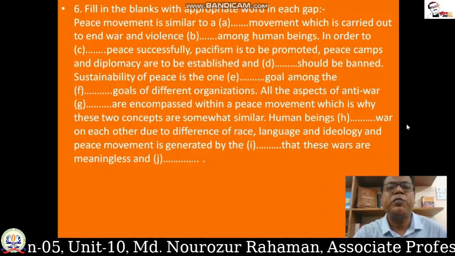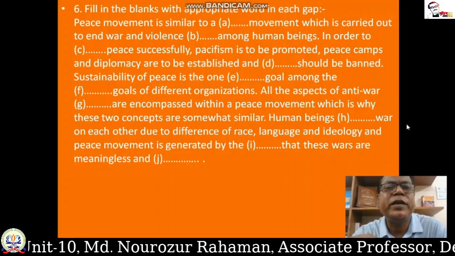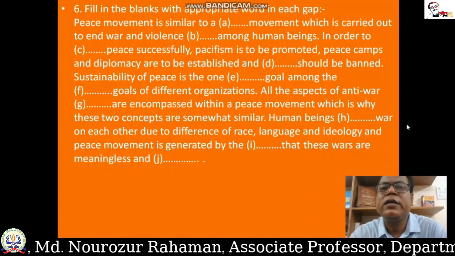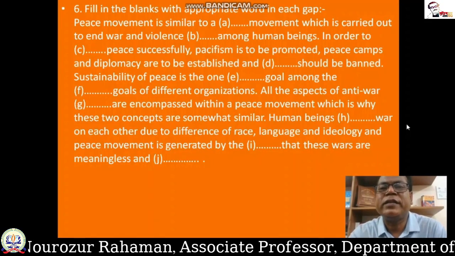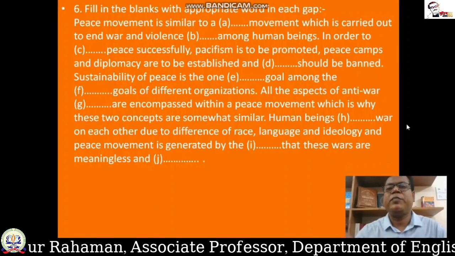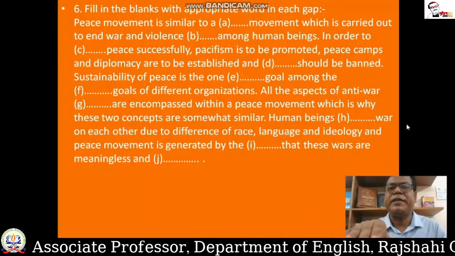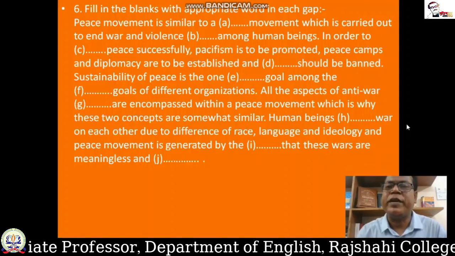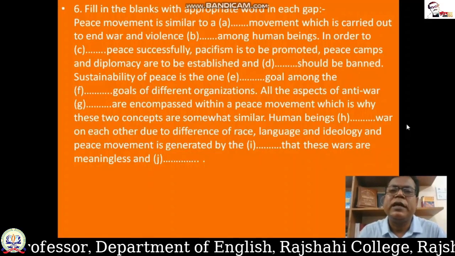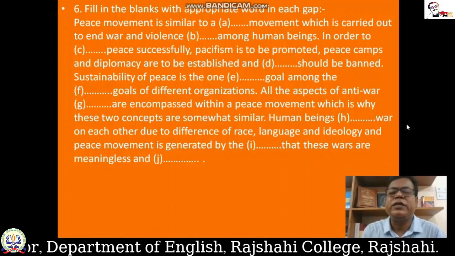So peace movement is similar to a social movement, because a large number of people or a group of people participate in a peace movement. So in gap A, we can use social,